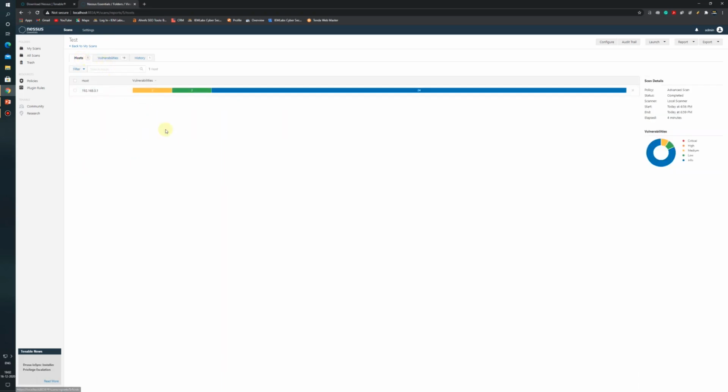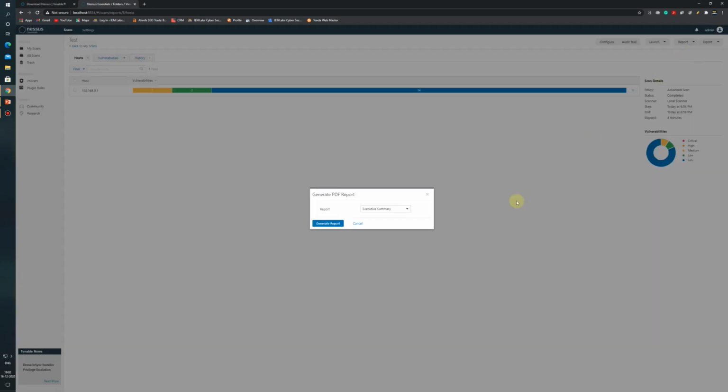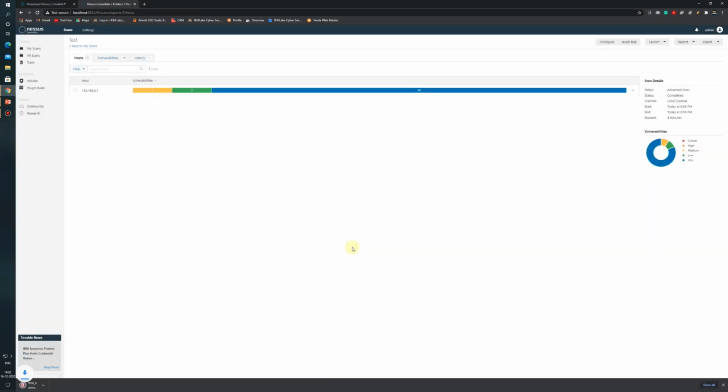Now once the scan is finished, we can also generate reports from this scan. So here in the top right hand corner there is a report section. From here we can select PDF, HTML or CSV, any format. Let me create a PDF type of report. Now there are many kinds of report, executive summary or custom. So executive summary will be a summary of everything, and in custom we can deduct some parts from the report. So let me take out an executive summary. I am clicking on generate report. So let us wait for some time.